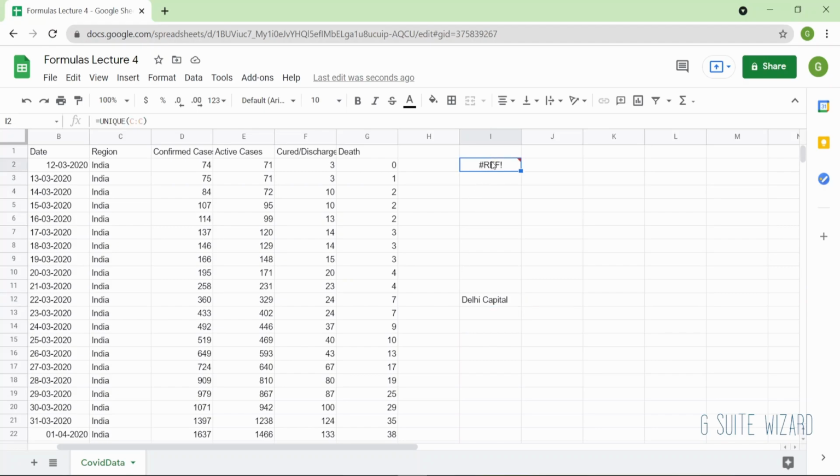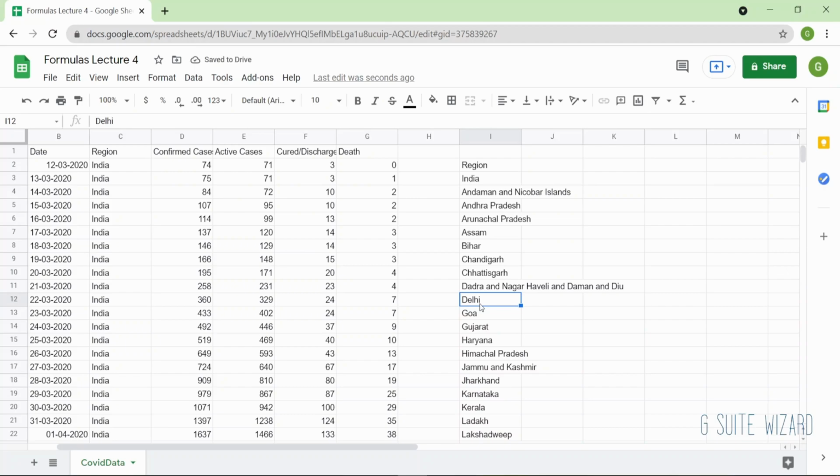So if you go to this formula, the error says the result was not expanded because it could not override the data in I12. I12 is this cell. It did not have the chance to override this cell because there's already data in it, and it will not be able to delete the data that is already present. If the cell is empty, it will be able to spill data into that cell, but if the cell is not empty, this is what you will be getting. You will be getting a reference error. Okay, so let me just delete this, and you will see that it has again come back to the original values.